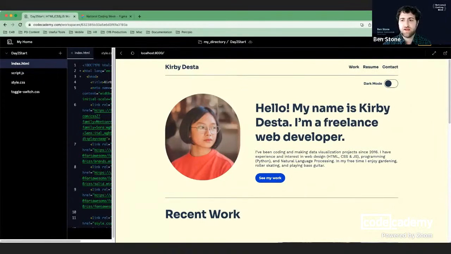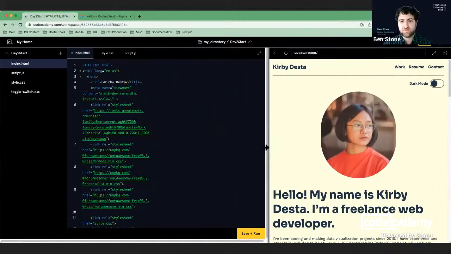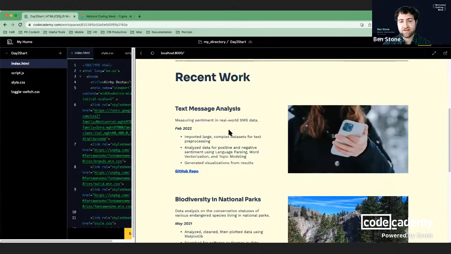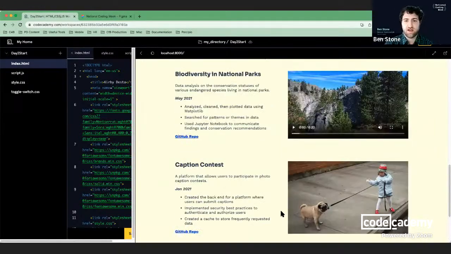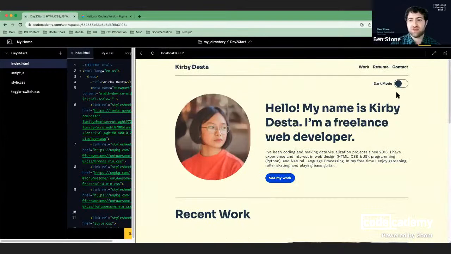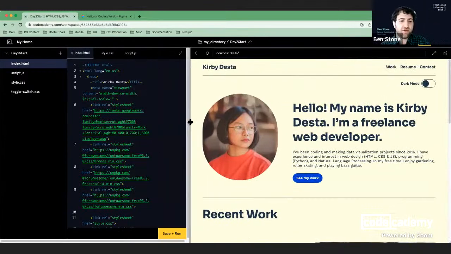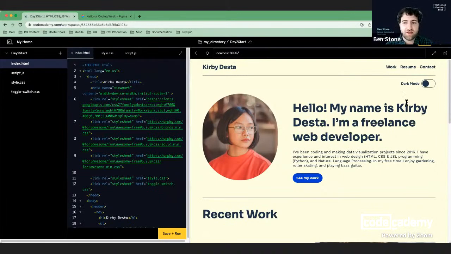So looking over it, we'll see that we have the same core components as before. We've got our bio, we've got our reactivity so that it adjusts to different sizing. We've just added another couple of articles here, fleshed it out, and then added this header and footer along with this very tempting dark mode button. This dark mode button does not do anything quite yet. We will be learning over the course of the lesson today how to make that button work and how it's